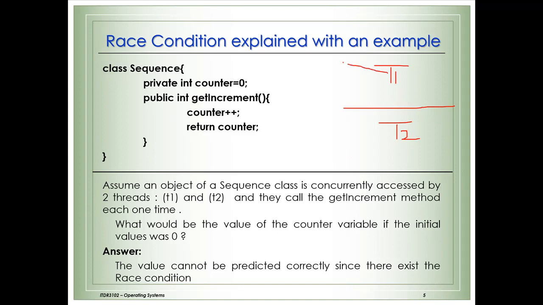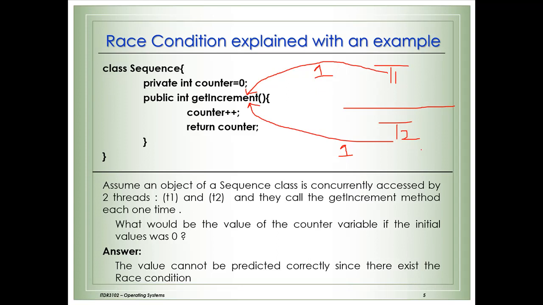Let us assume they call this method concurrently, so these two threads access this method at the same time. Thread 1 calls this method one time, and thread 2 calls this method one time. So each calls this method once.